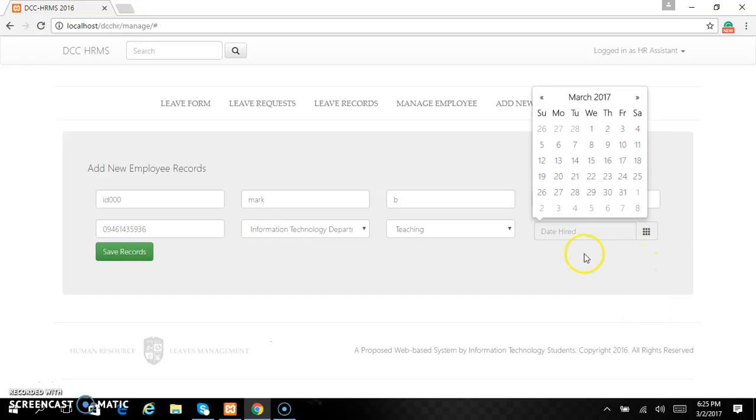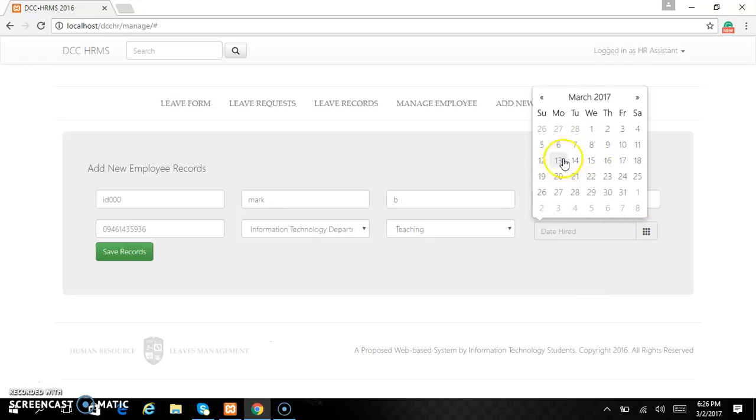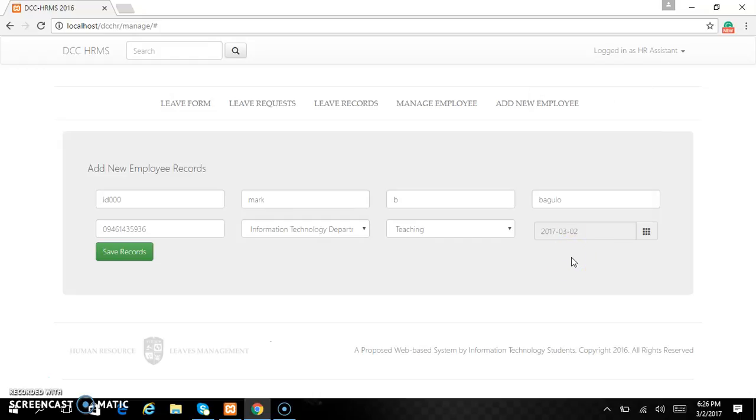If we create this user on the current date, as you can see, March 2017, obviously this user will have no leave credits, because this system will automatically generate leave credits for every user. It depends on the number of years in service. So just for example, if you are already 1 year, you have 5 available sick leave. So these are the rules.